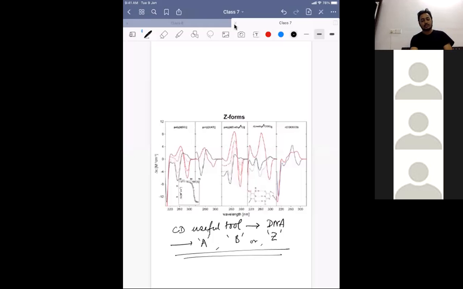Yes. Yes, so it is not like the protein that the control are always known, that it will have two bands at 208 or 222 nanometer, or only one band at 280 nanometer. No, it will have different sequence of it. Okay. Okay, so before going further, any more question? If not, this is the end of the CD spectroscopy part.